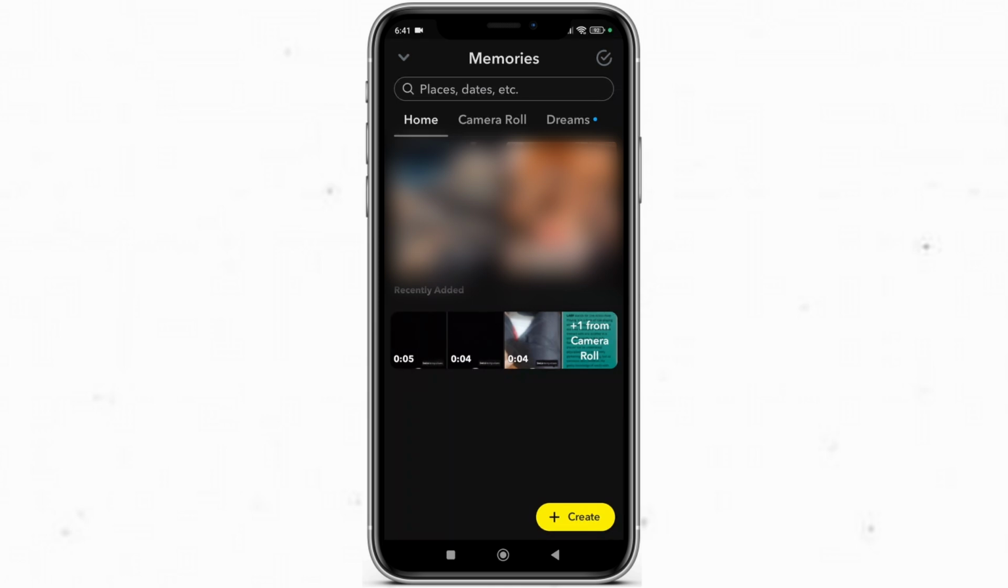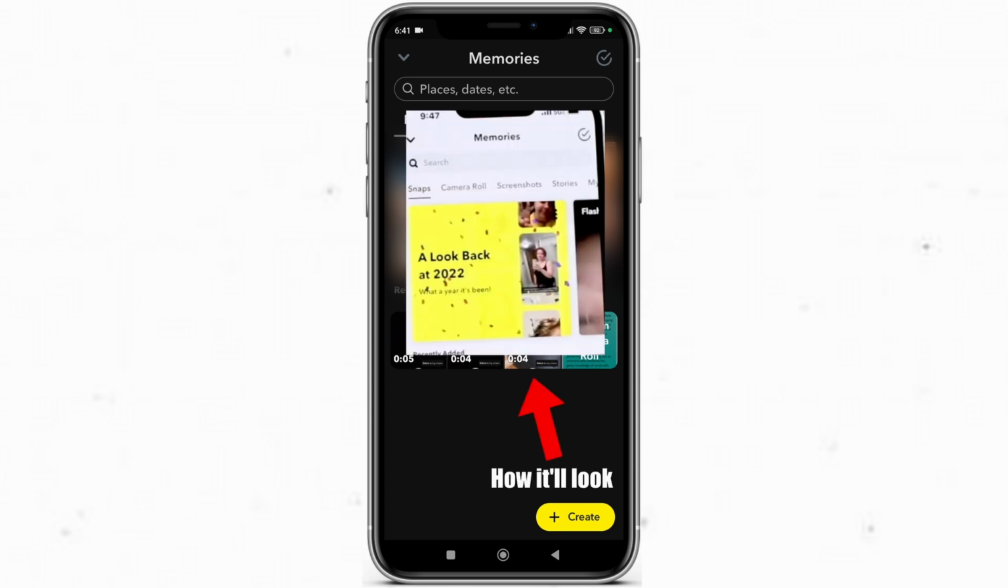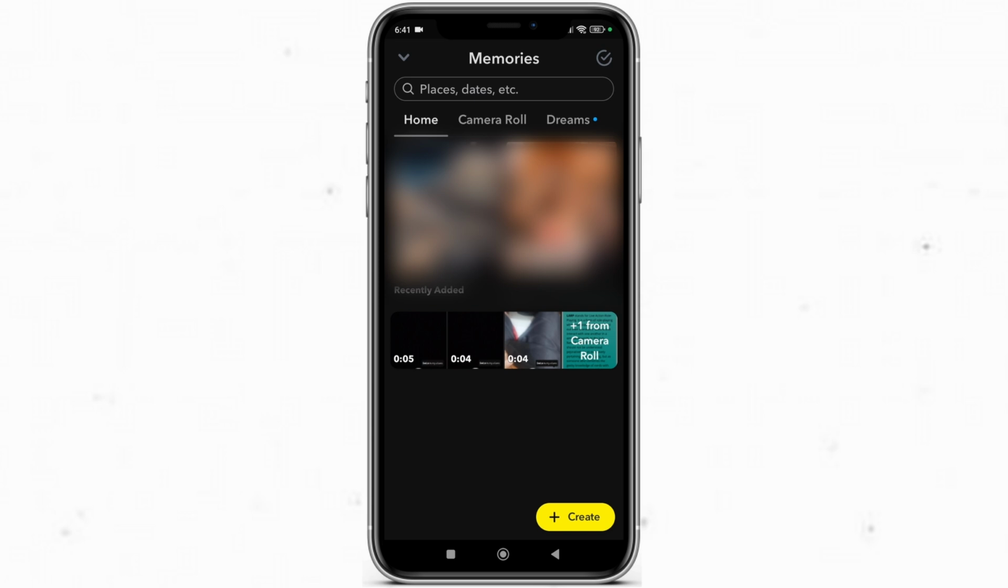And on the Memories section here, you'll see that right now I don't have any Snap Recap because it's already January and I think the Snap Recap section has ended. Although, usually if you do have Snap Recap, it'll appear here. Right now, you'll see that I just have memories from this week and also a flashback, but it should be